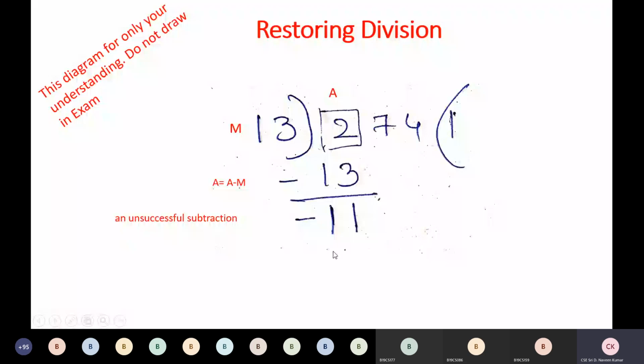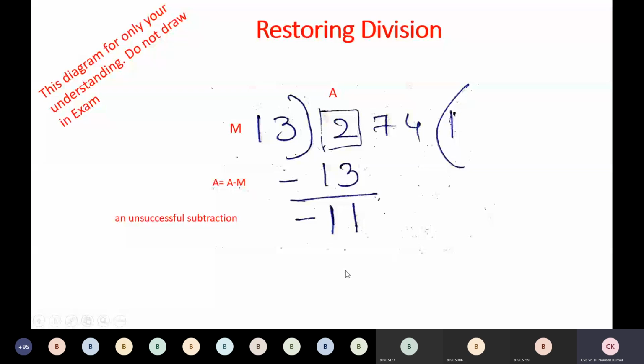So em chestarante simple ga we will add 13 again, and 13 ante m ante simple ga a lo minus 11 undi, endukante ma already we done is 2 minus 13 we had done. We got 11, kada, minus 11 undi a lo. So ippudu malli manaku we need to restore back the 2 number ante we need to do is plus m చేయాలి. సో ప్లస్ 13 చేయాలి, then we get 2. Okay, tarata we can get back the previous division, we can make it. Okay, the same thing. So remember, getting back the 2.